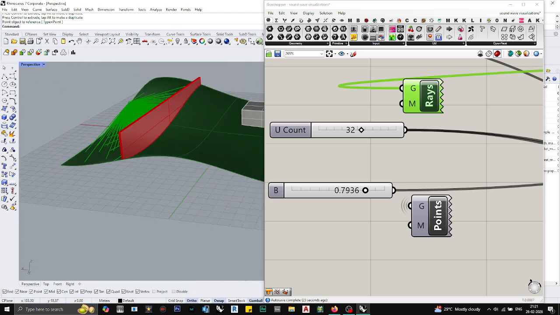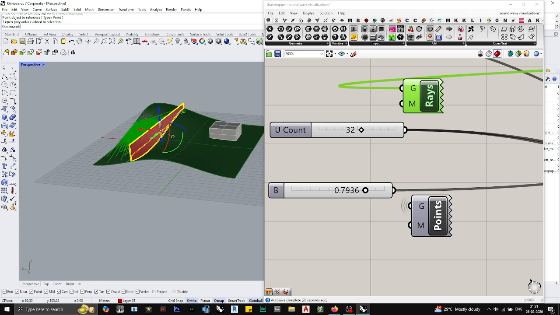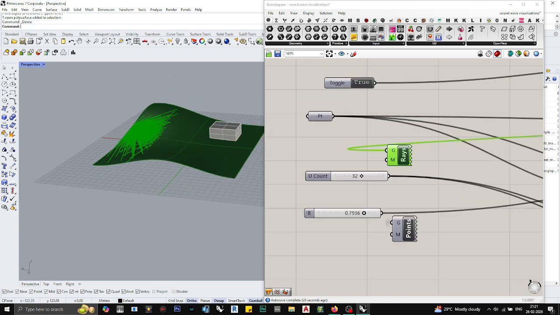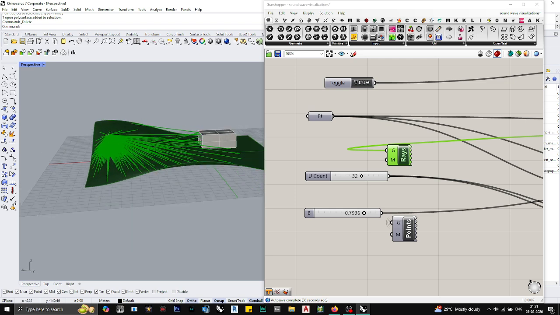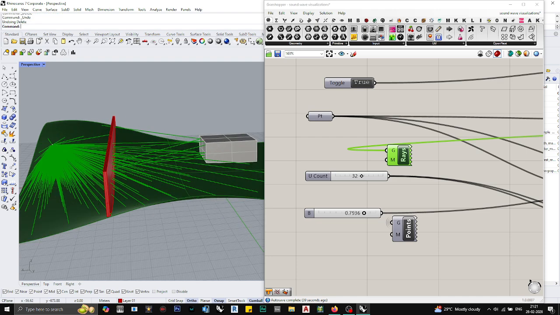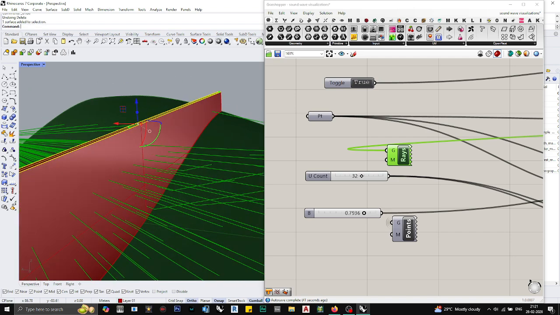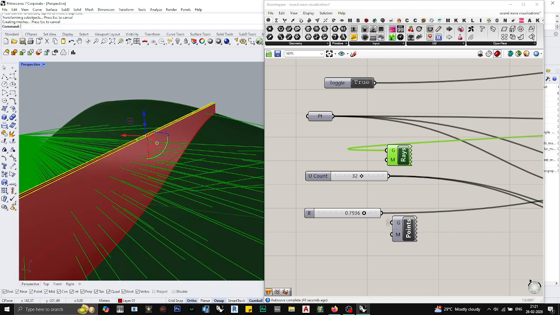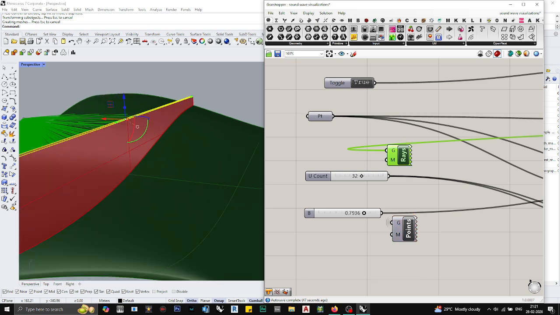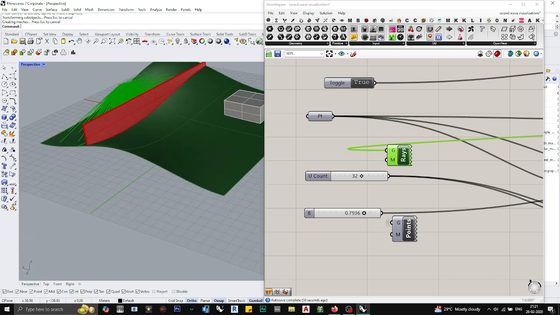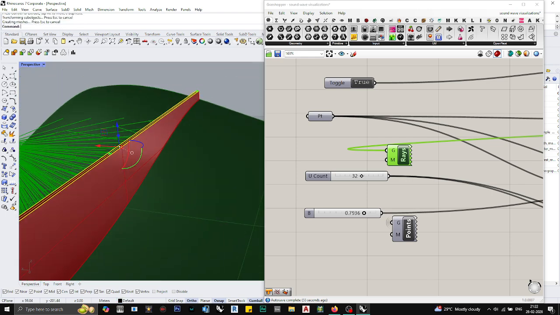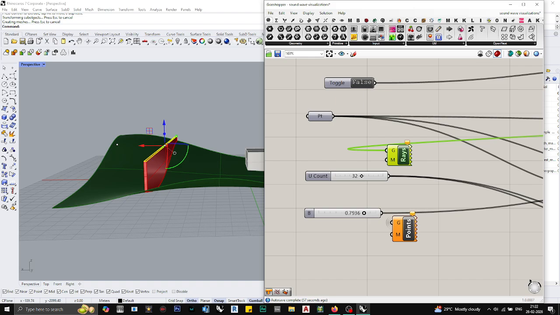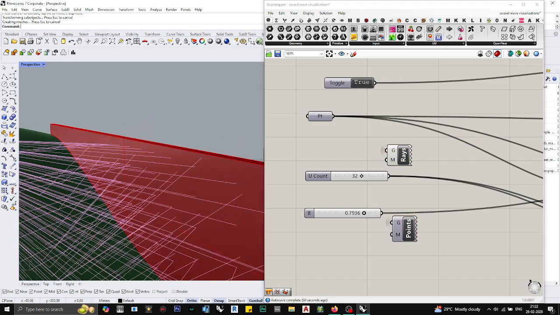So it helps me design. Let's say I don't have a wall: if I click on this and delete it, then go again, false, and refresh it by putting true, you can see that the sound wave reaches my building. I'll go here, undo, and then it helps me design for what is the minimum length of the wall I can have. I can decide what is the minimum length of wall. Now you can see that it's almost reaching there,